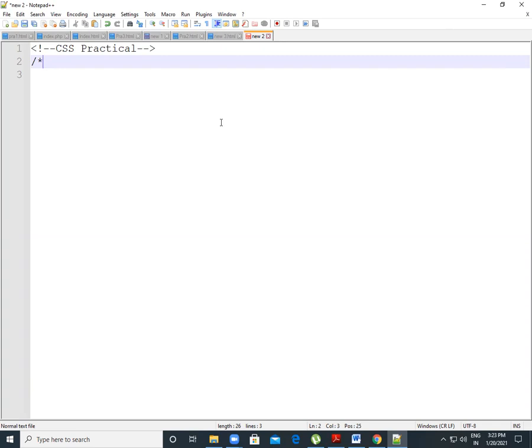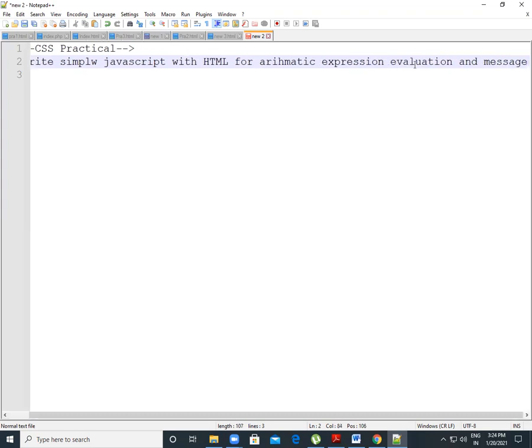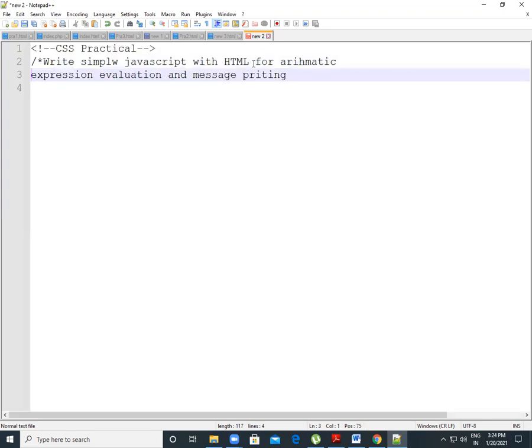The first practical is: write simple JavaScript with HTML for arithmetic expression evaluation and message printing. So this was your first practical.